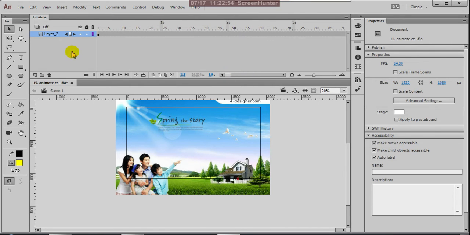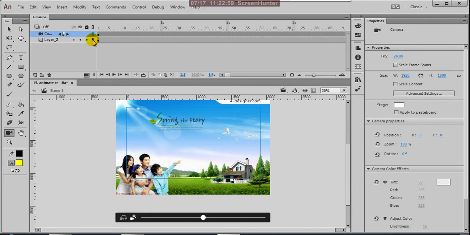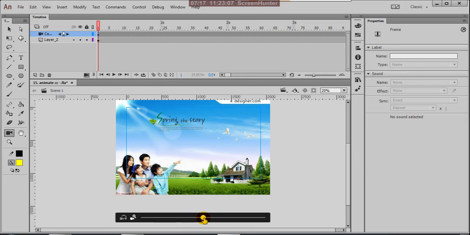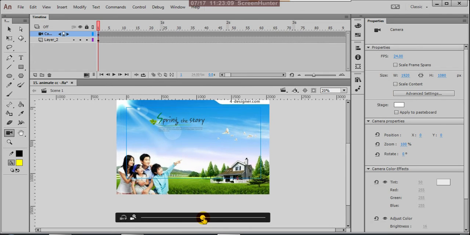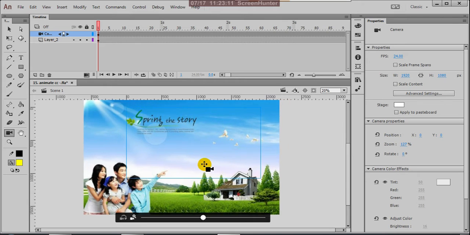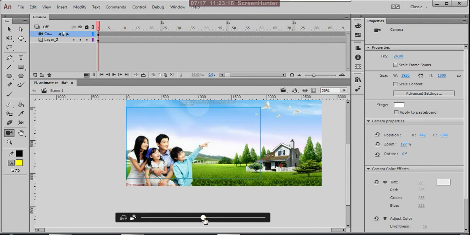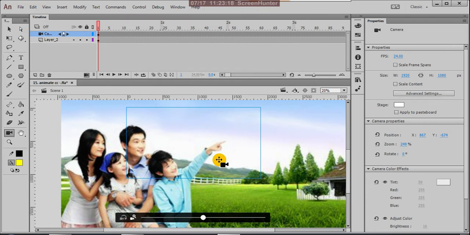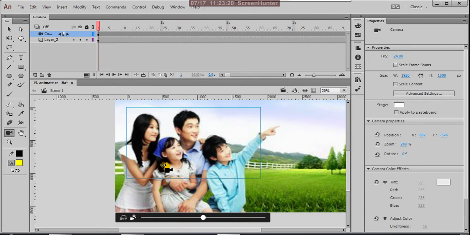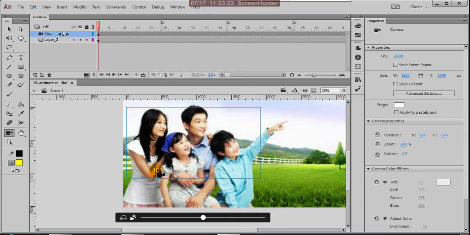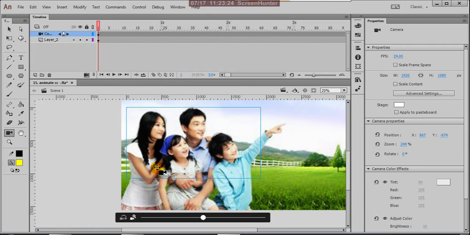So over that, what I'm doing is adding the camera. Okay, it is camera. Now I'm establishing my first key here. I'm establishing my key on their faces. Here I'm establishing their family.